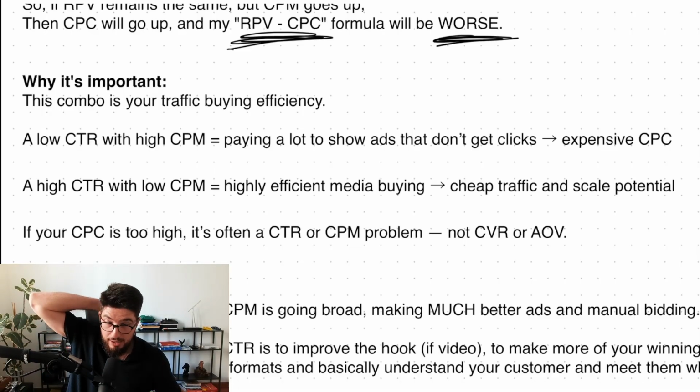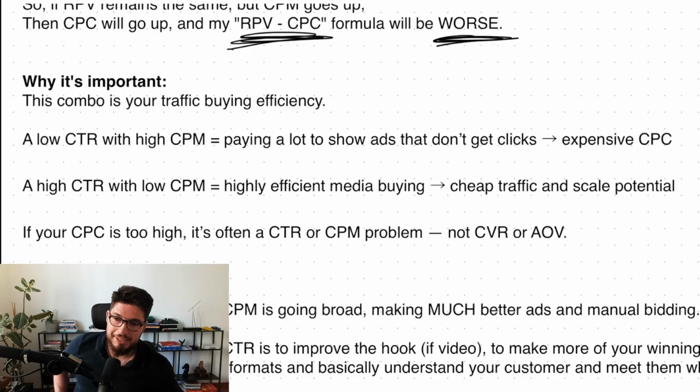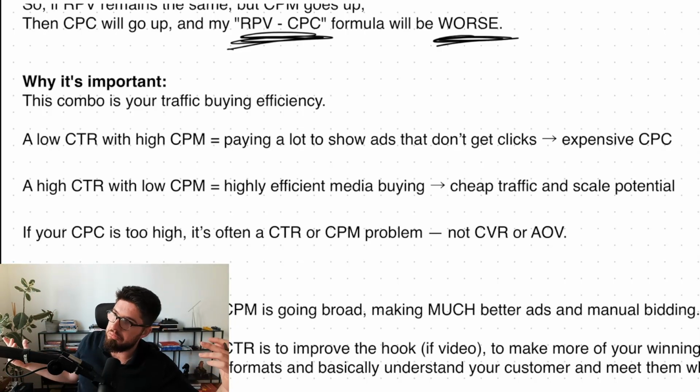It's when you run ads in the US and your creatives look bad, this is the case you're gonna have. High CTR with low CPM, this case does not exist. No, just kidding, but it's not usually the case. Highly efficient media buying, really good creatives, cheap traffic. Usually it's high CPM, high CTR, or low CPM, low CTR. If you go into the US, it's gonna be high CPM, high CTR. And if you go to Portugal, Spain, Italy, countries like this, you're gonna have low CPM and low CTR.